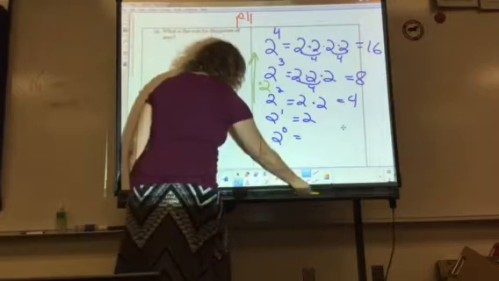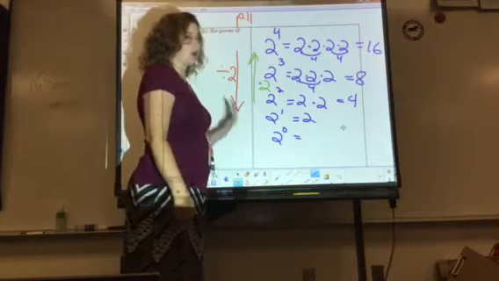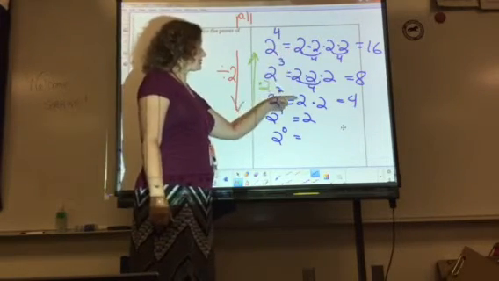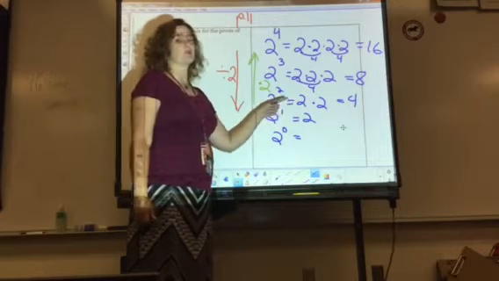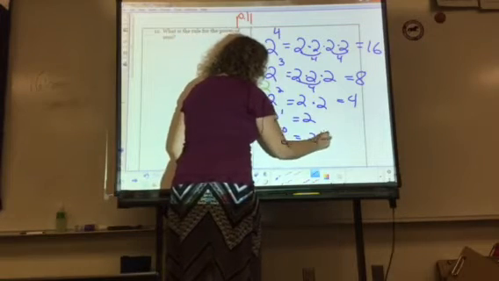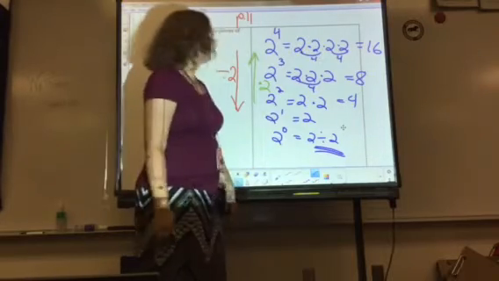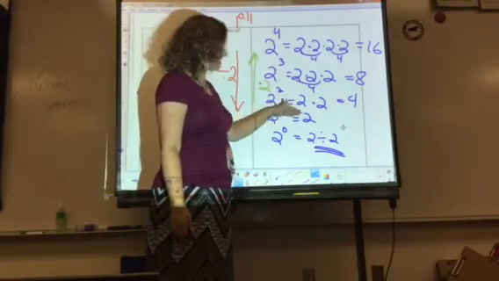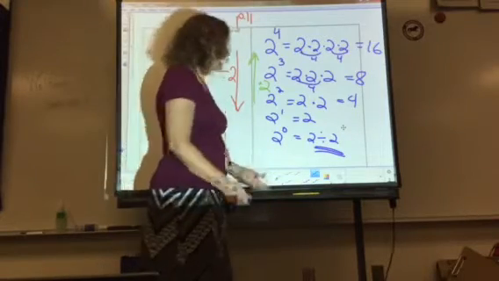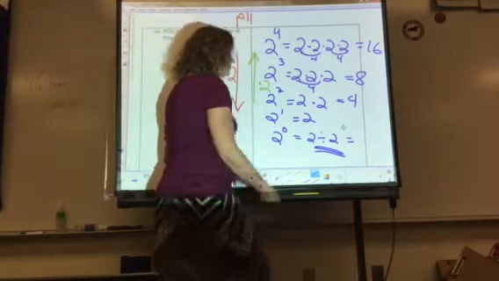So down here, 2 to the 0 has to keep following the same rule. All exponents follow this rule. 16 divided by 2 is 8. 8 divided by 2 is 4. 4 divided by 2 is 2. What's 2 divided by 2? This means 2 divided by 2. And 2 divided by 2 is not 0. You'd have to subtract to get 0. That doesn't follow the pattern. You have to keep following the pattern. So what is the answer every time you have an exponent of 0? 1.